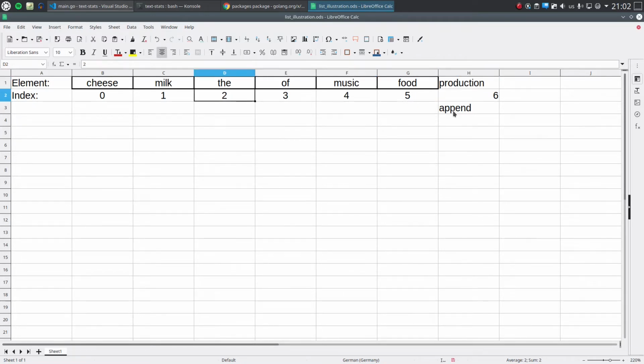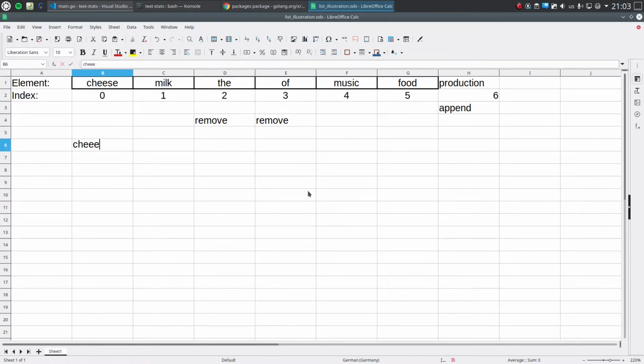I could say I want to cut the elements at index 2 and 3 out of the list. And that's actually where slices shine in Golang. You can basically slice it out, remove it,